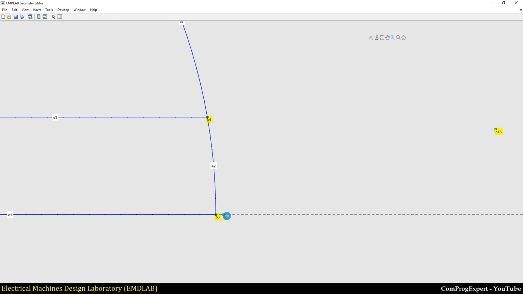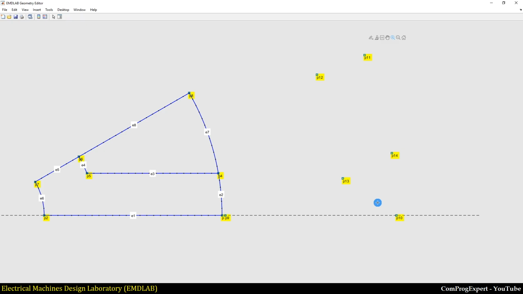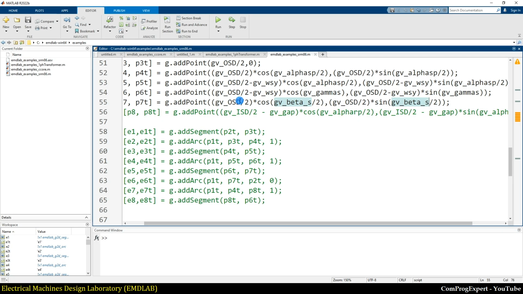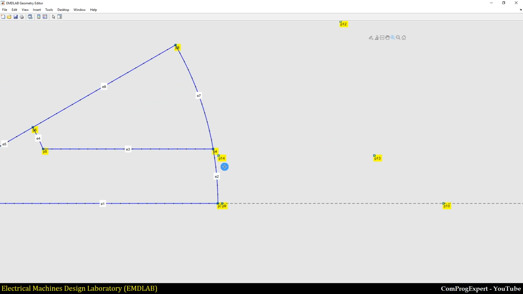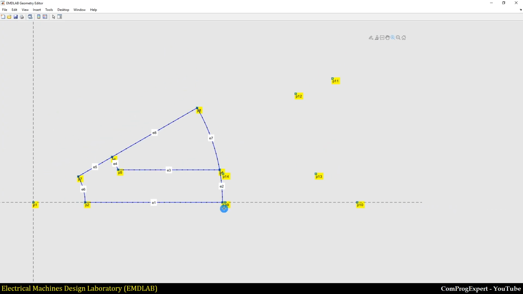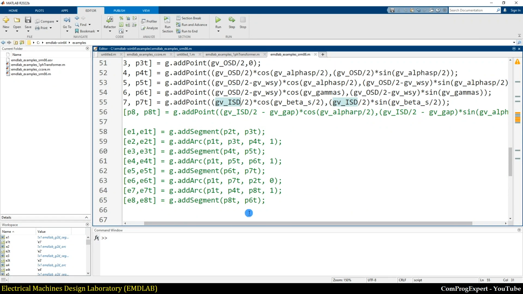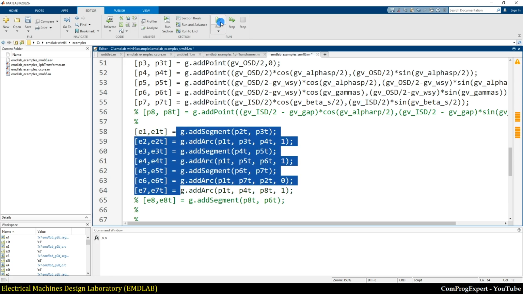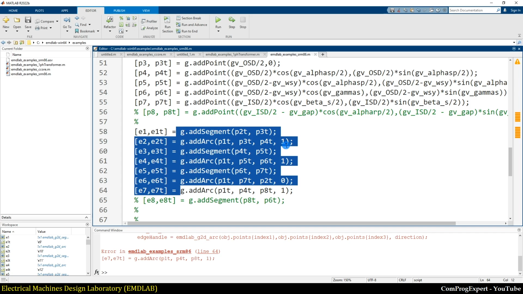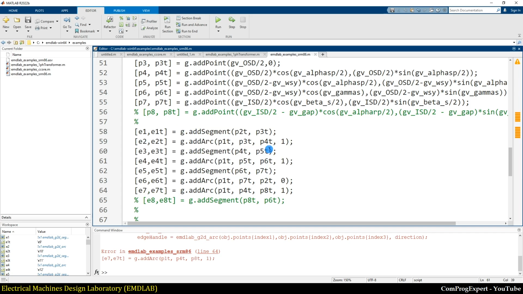This is P9. What is the radius? It is the ISD divided by 2. This point, 14. Okay, so again, I can generate the segments, similar to this one. This is the same. If I run the code, here we have